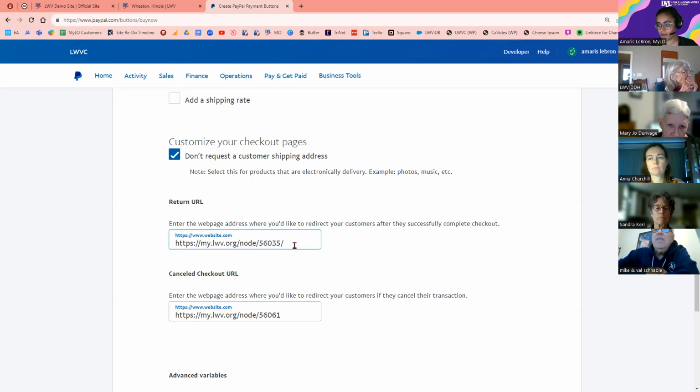But you can have them land anywhere, or you can create a specific page for each experience. I would recommend that for canceled checkouts. For returns, it might be nice to let them know that it was successful and they landed back on the site because it was successful. But I would more recommend it for at least the cancel checkout, because you might be able to catch them and ask what went wrong. You have that option there under customize your checkout